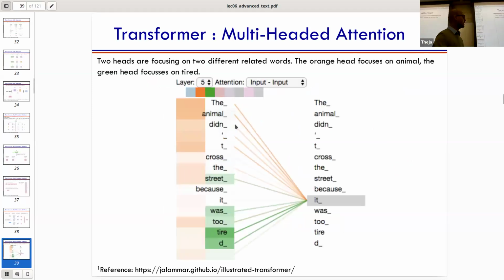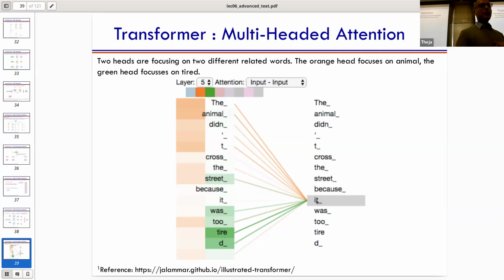Okay, so here is an example of looking at 2 attention heads. Where are the 2 attention heads? You can see a color gradient in one color here, and right next to it, another color gradient with another green color here, right? So it's the same word, the word "it" that we saw with single attention a few slides ago.